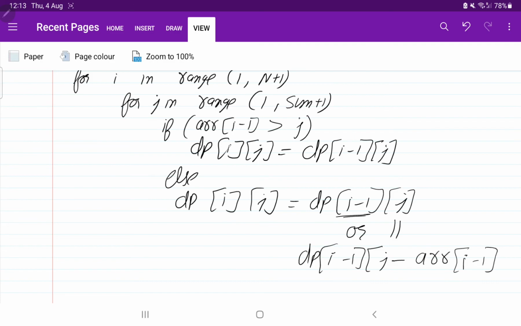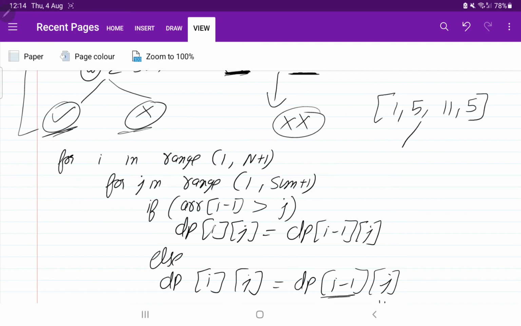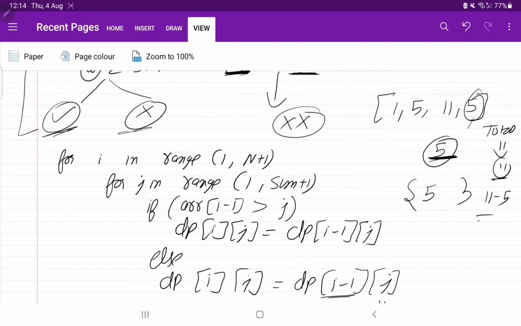i minus 1. Suppose we have the elements 1, 5, 11, 5. Suppose you are choosing element 5. If you choose the 5, first of all we require the total of 11. But if you choose the 5 in the subset, now what is the total required? 11 minus 5, that is 6.